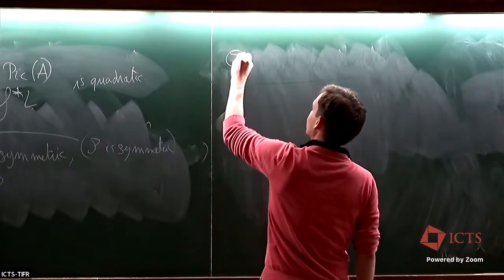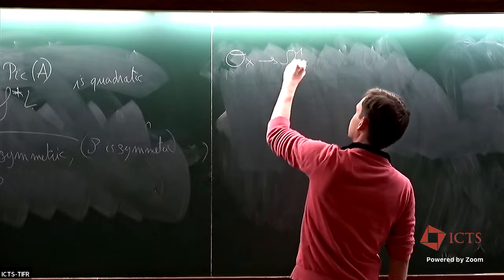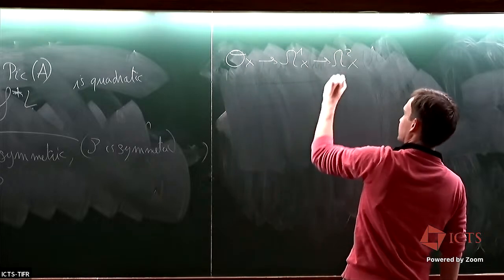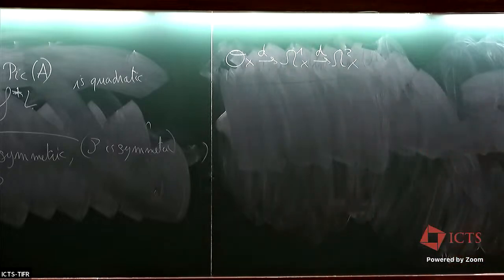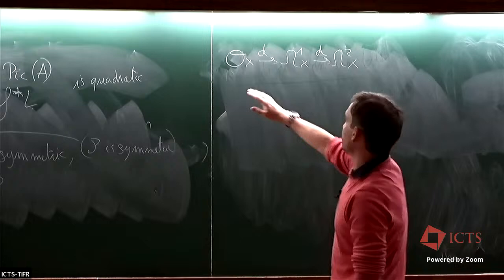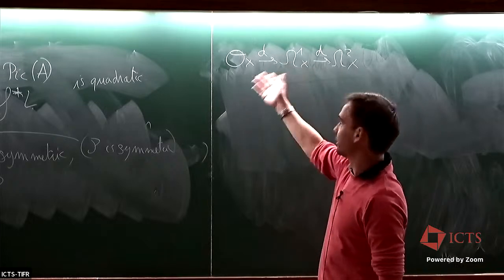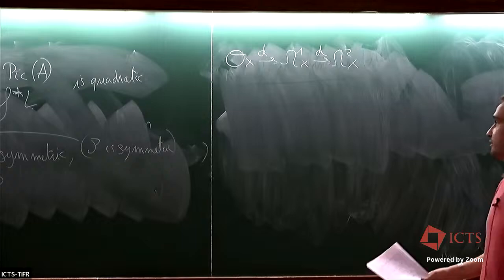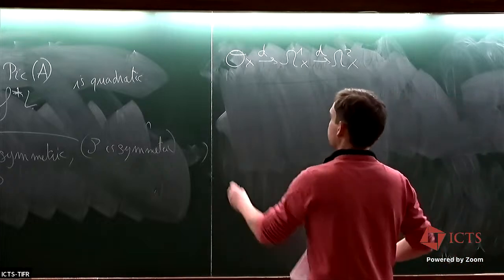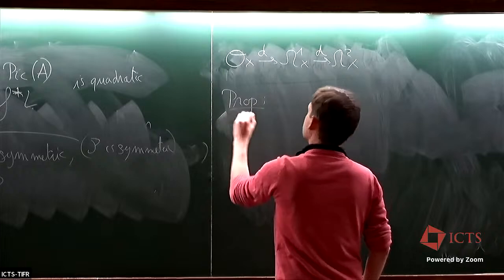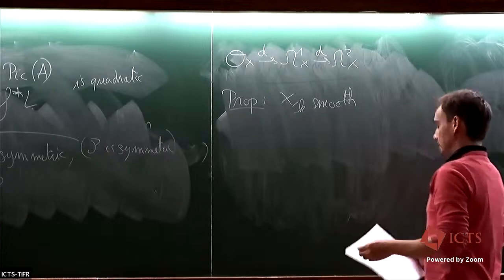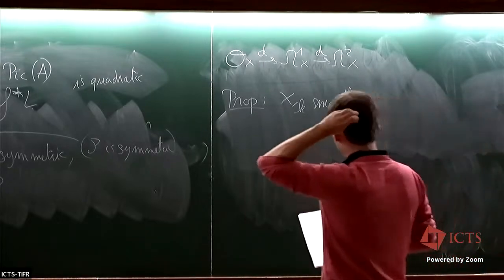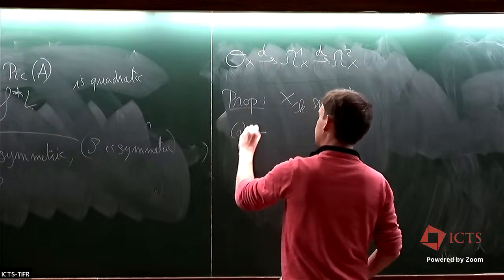I'll just recall to have in mind that there is a complex of sheaves with differentials, okay? And you can define it for holomorphic, or regular, algebraic functions and forms, but it also extends to locally analytic functions and forms, etc. I will use D all the time. So X smooth over K. First, if X is affine,